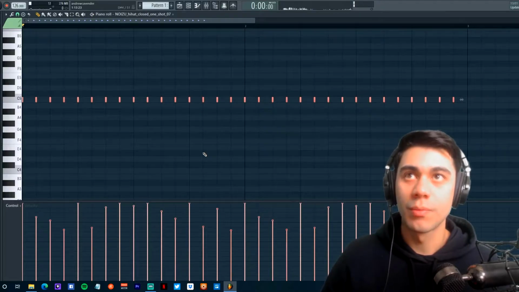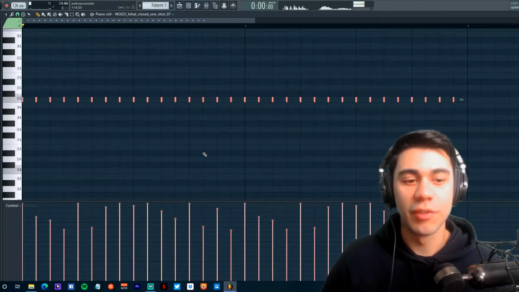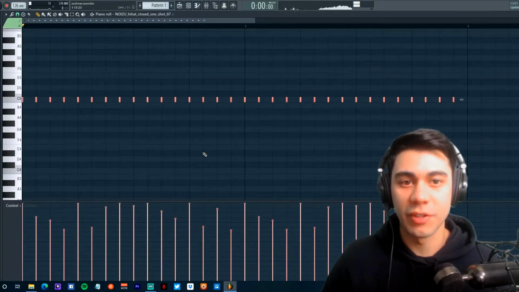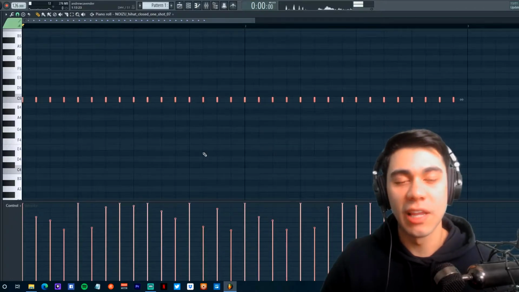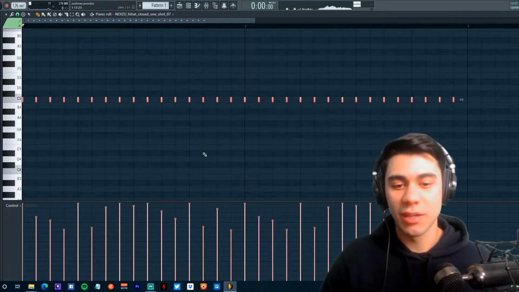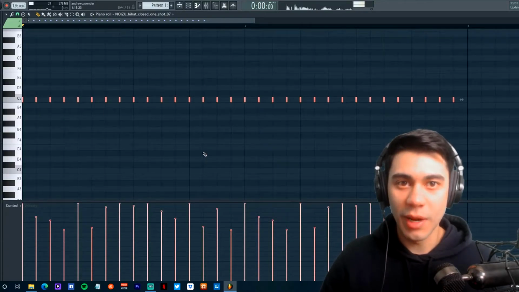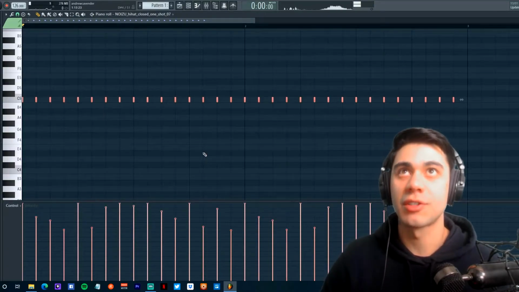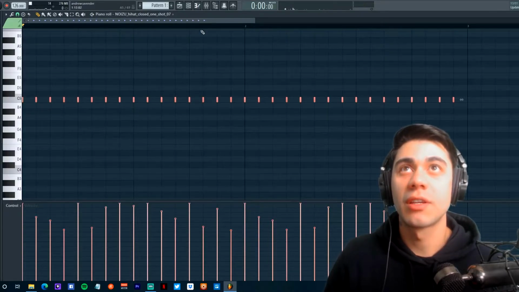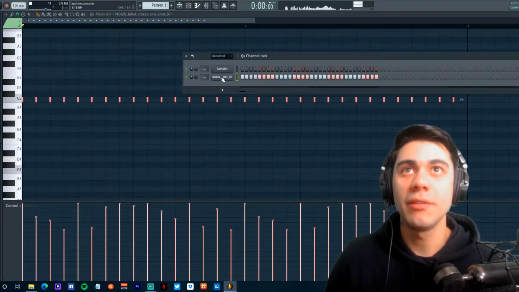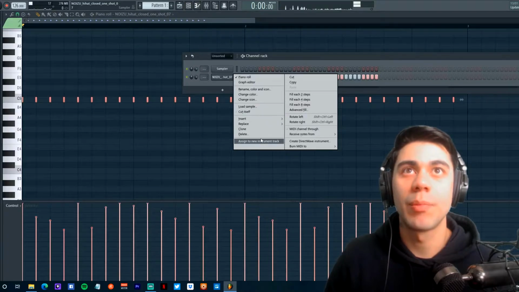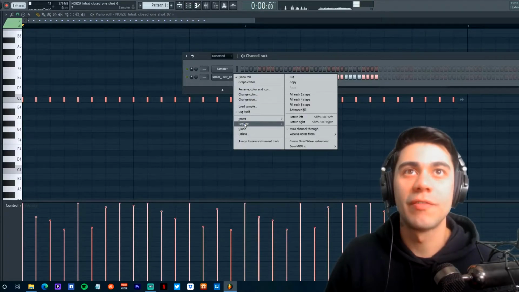So that's really cool, and you can just apply that to any of your projects and see which rhythm fits with your lead or your backing vocals or whatever. But if you want to create some cool melodies, you can also use this function. So I'm going to keep this MIDI pattern, and I'm going to replace the hi-hat with